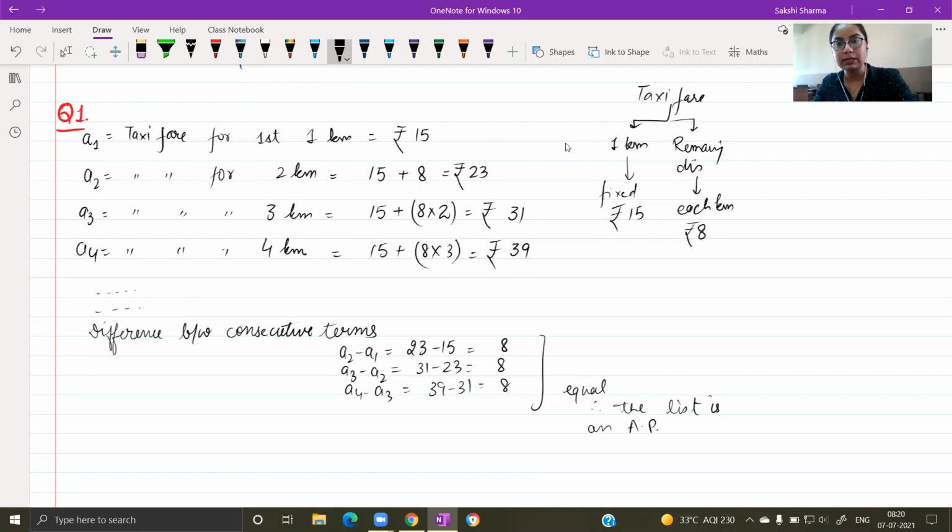Like we did the fourth question, but here you have to obtain the values yourself first. Now you could directly write these down completely fine, but sometimes they could ask you to write down how the AP is formed, how the list is obtained, how you would obtain each term, and then check whether or not the list is an AP. So do show your work and then look at the difference between the consecutive terms, whether or not they are equal, and then give your answer. Anyone with any questions?